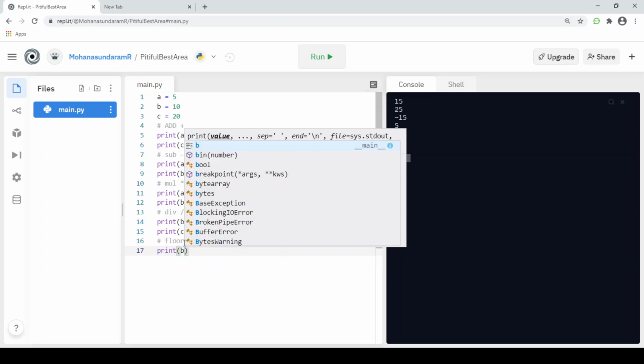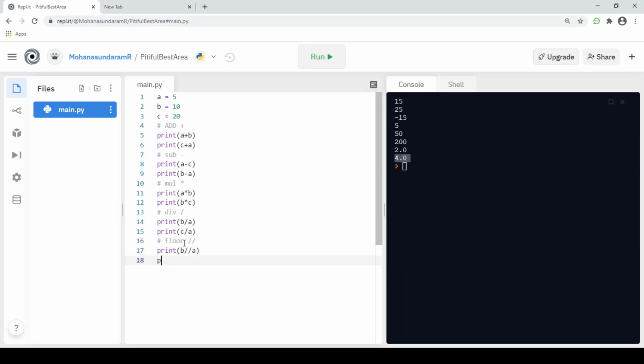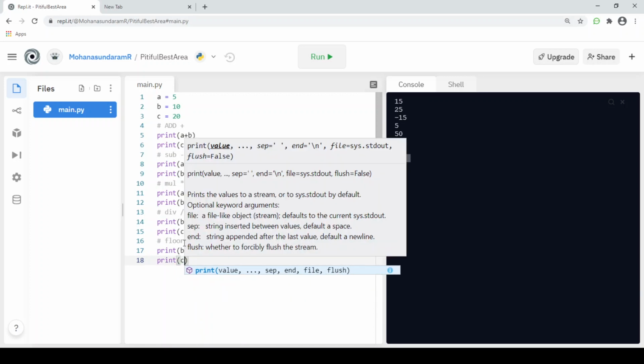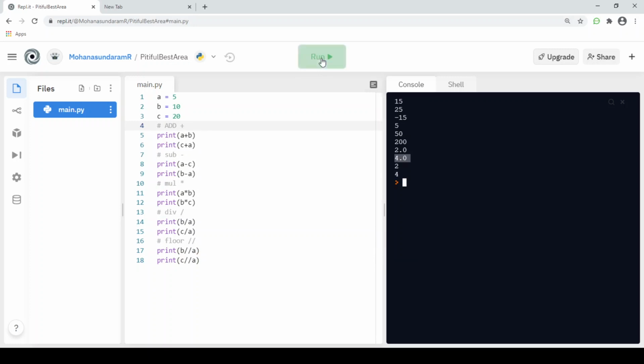For example, print a floor divided by b, and print c floor divided by a. You can see that we have been floor dividing and we got an integer, a whole number as an output.